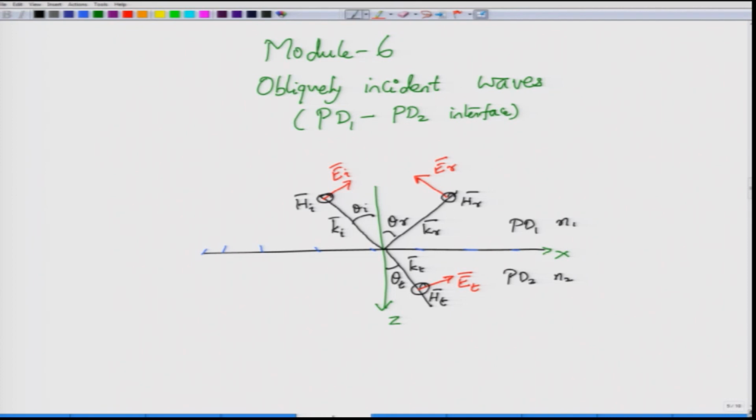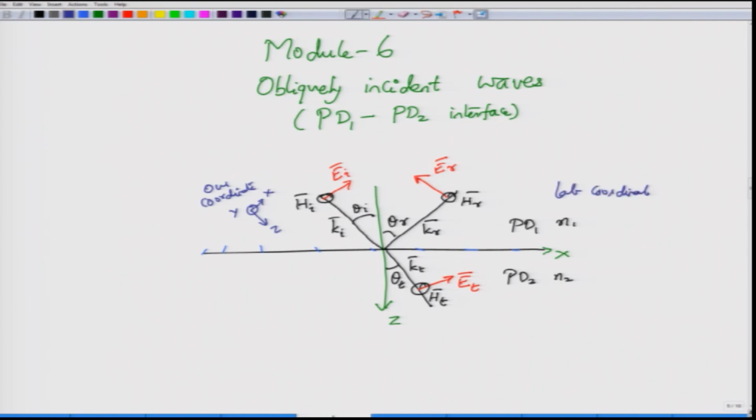What is the significance of angle theta I in the diagram that is shown here? Can we not just make our own coordinate system by perhaps writing the incident direction as the z axis, denoting the direction of the electric field as the x axis, and whatever the other remaining direction is, which is parallel to both the shown system as well as our own coordinate system, as the y axis? So, can we not make this, right? This is our coordinate system, whereas this is the lab coordinate system.